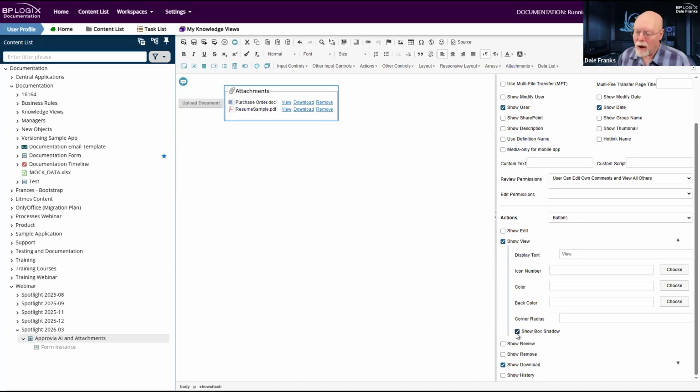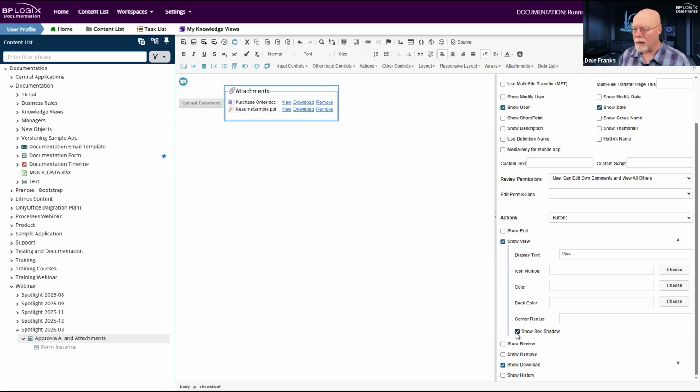So I have all of the standard button controls for changing the look and feel of the buttons inside the show attach control that I have with the normal button or button area controls.